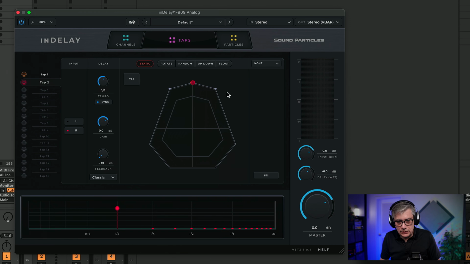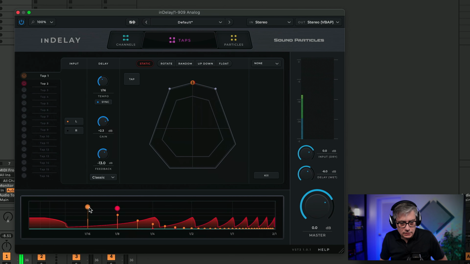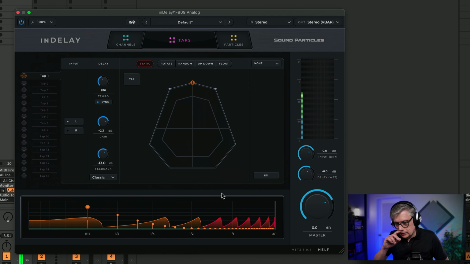So let's just start it again. Let's maybe increase the feedback. Let's do it here. Let's go back. Let's turn off the second tab. Let's just work with one tab for a second.